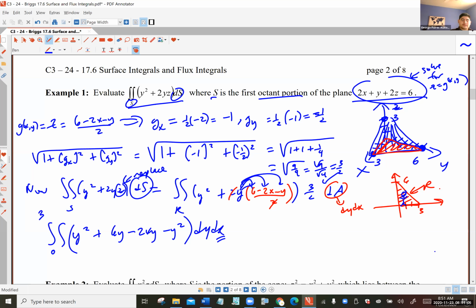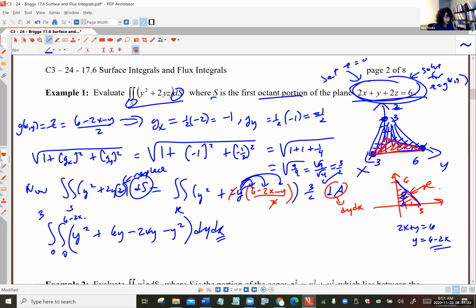0 to that line. 0 to the line. Yeah. And so what is that line? Well, if you let z equal 0 in your plane equation, that'll give you the trace as that surface cuts through the xy plane. So it's 2x plus y equals 6 after setting z equal to 0. And then if I solve for y, I get the function of x, 6 minus 2x. And that's going to be my upper limit